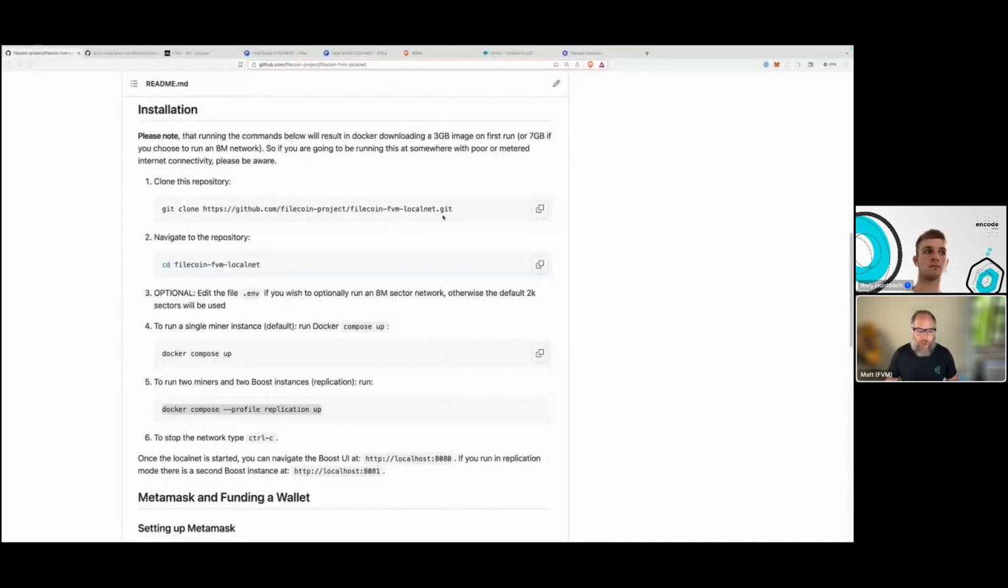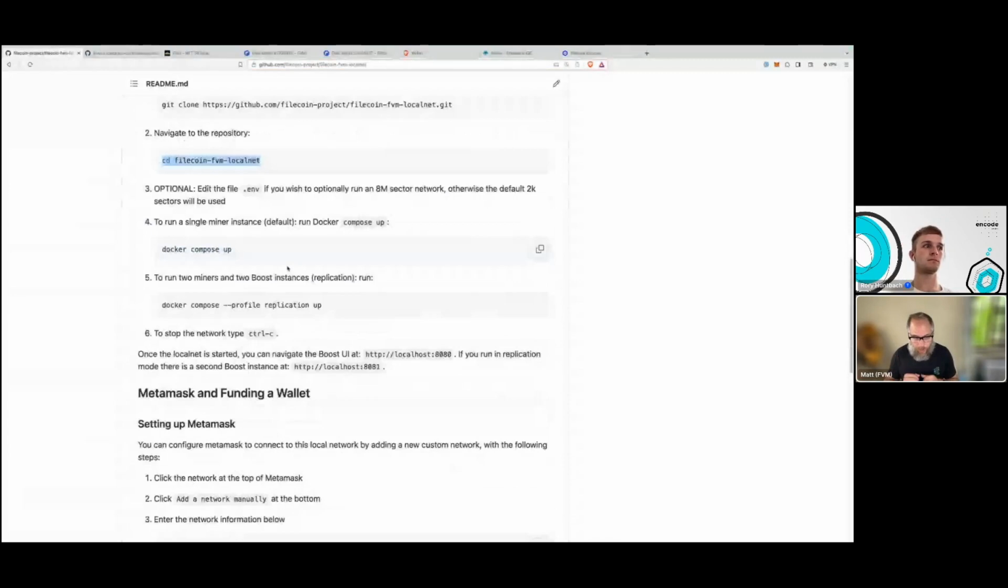So basically, you can clone this repository. You need to have Docker installed. You clone this repository, go into it and just type docker compose up, and it will spin it all up. If you want, there's also a profile I've called replication here, and that will run 2 miners and 2 Boost